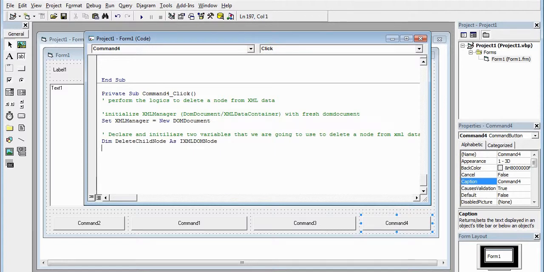You need to declare delete child node as IXML DOM node in this case. You can name the variable the way you want. I'm just going to go ahead and name it delete child node, and the next thing we're going to do is initialize it. So set delete child node equal XML manager dot